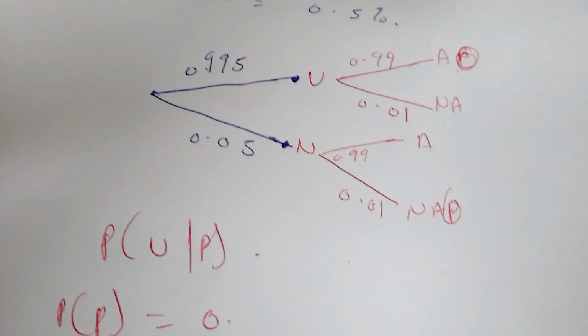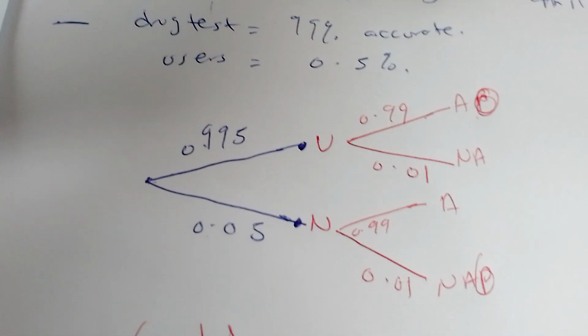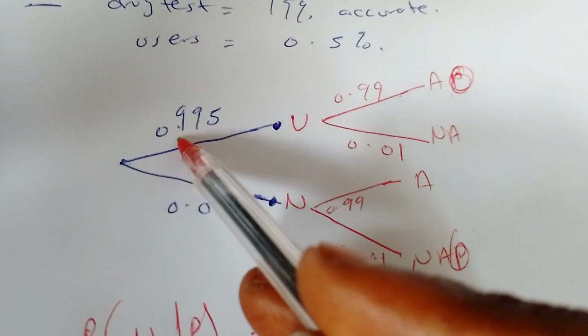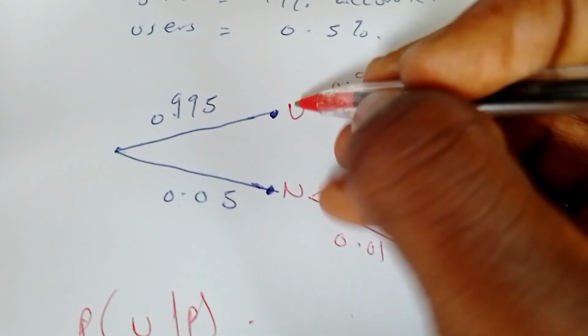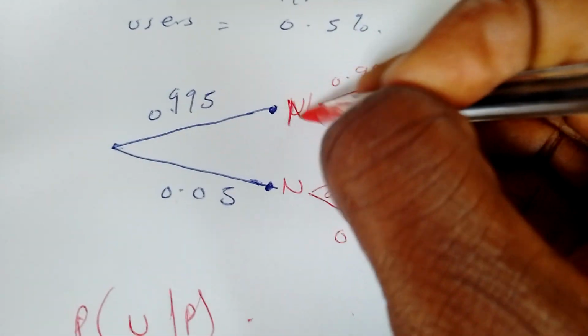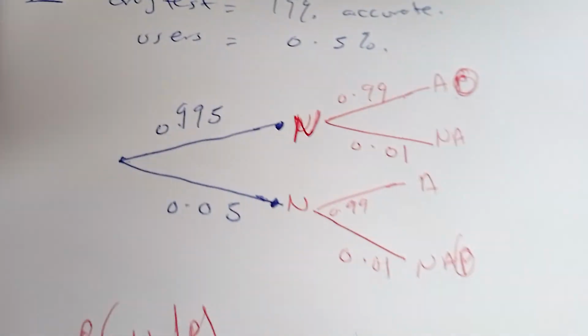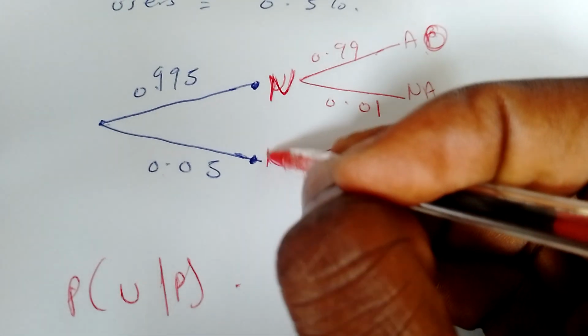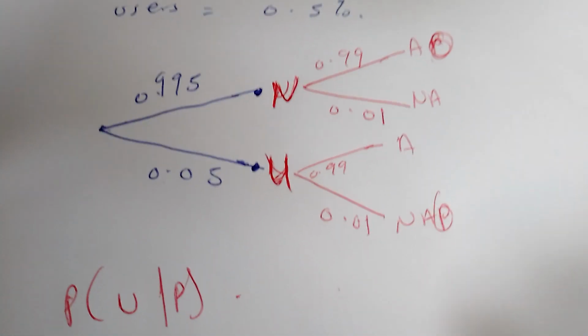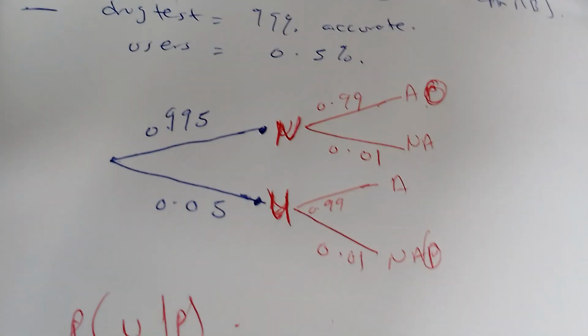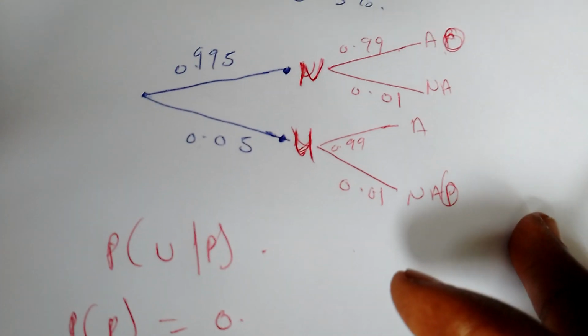I think I turned up something. I don't know if you noticed. So here, this is the 0.9. These are not users. Okay, so this is a non-user. It was a small population that was using it. Sorry for this one, I've corrected it, but everything else remains the same.